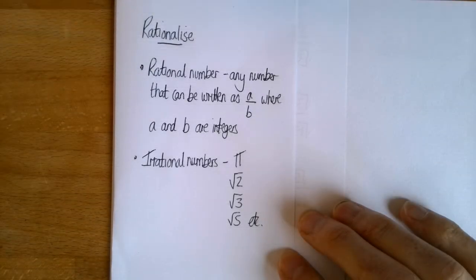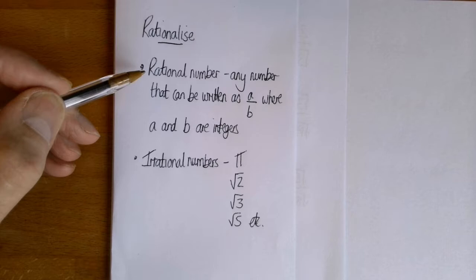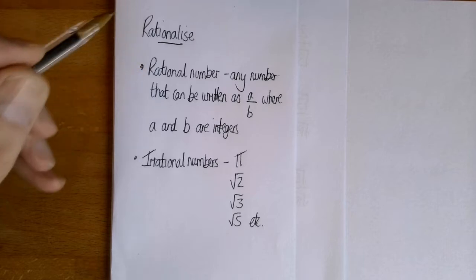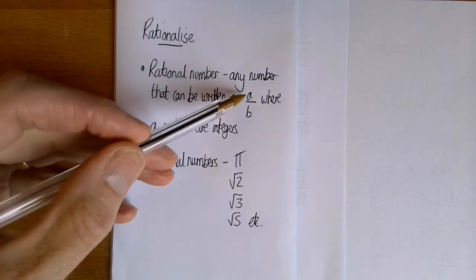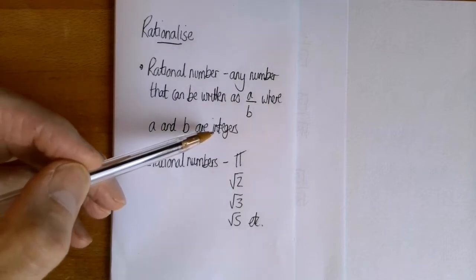Okay, so last time we talked about simplifying surds, and so today we're just going to talk briefly about rationalising. This is nothing new, but it's something that we need to understand thoroughly. So a quick reminder of the definition: a rational number is a number that can be written as a fraction. So it's any number that can be written as a over b, where a and b are both integers,